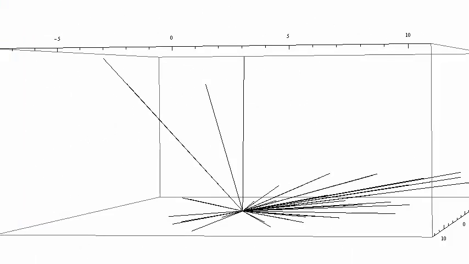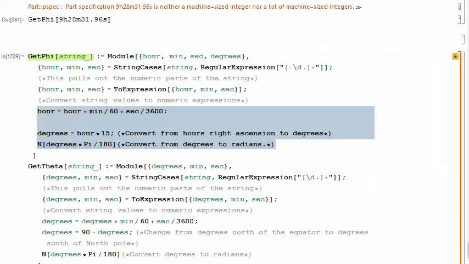Now, eventually, I would like to get directional data for all 206 of the data points in Adam Dempsey's file, but for now I'm working with 53 supernovae that I found in the IAU circulars. Now, there's some work to be done with this data. For instance, to convert from right ascension in hours, minutes, and seconds to degrees longitude, you have to take hours plus minutes over 60 plus seconds over 3600. Furthermore, you have to multiply by 15 degrees in an hour and pi over 180 radians per degree.